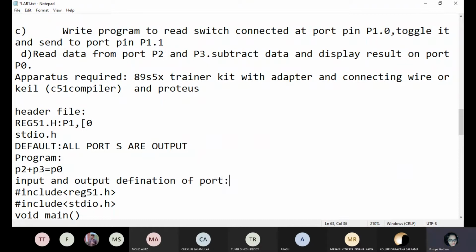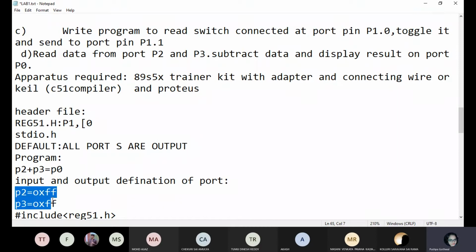See, by default the 8051 controller has all ports as output, but if you want your pins to be read, meaning you connect a switch, then it's reading, it's an input. So for this, if you want to define any port as an input, like the P2 port as input, what you have to do is define 0xFF. Now what will happen? It will become input. It will read all the data of the switches. If you want to define the P3 port as an input, you have to write 0xFF. Okay, so by this you can define ports as an input.